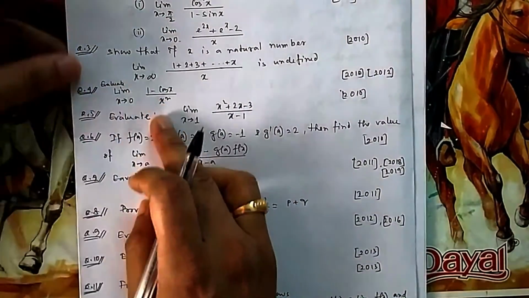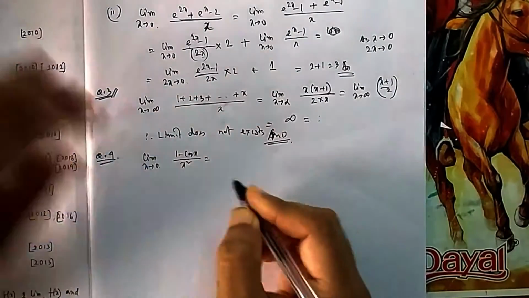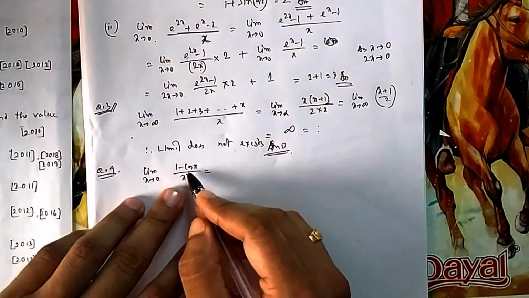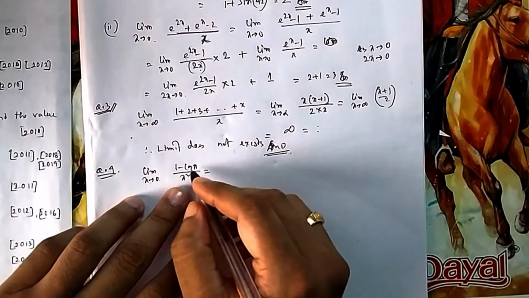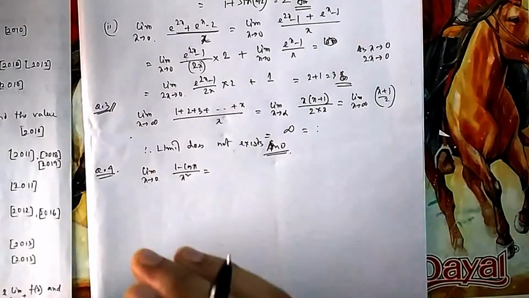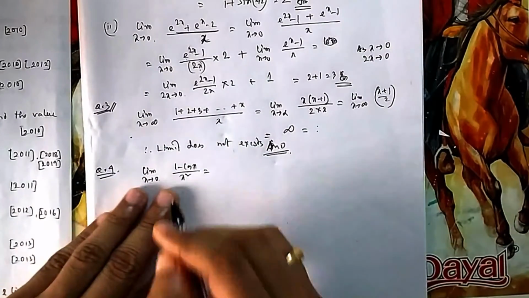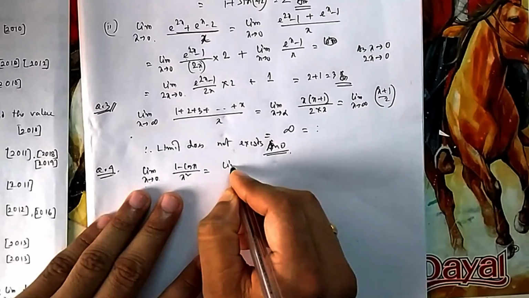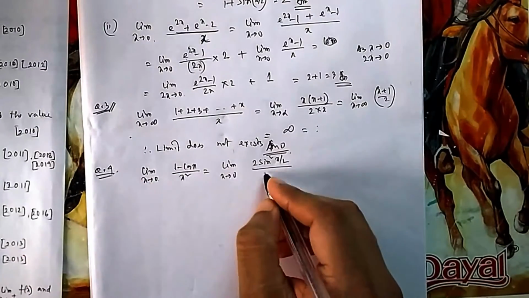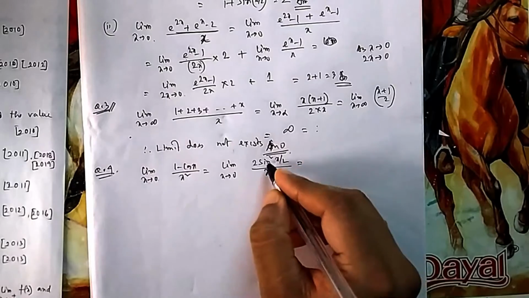Now if you see question number 4: limit x tends to 0, 1 minus cos x by x square. Again I told you, in trigonometry first you put x equal to 0, then 1 minus 1 is 0, 0 by 0 undefined. So the idea is you have to go to sin x or tan x, because in trigonometry only sin x and cos x have formulas for limits. So if I go for this formula, what is 1 minus cos x? 2 sin square x by 2 divided by x square.